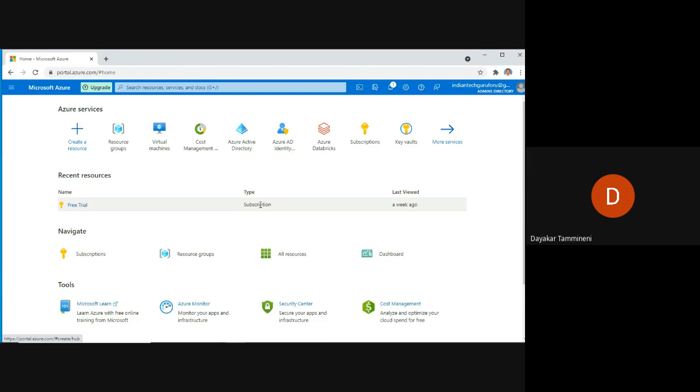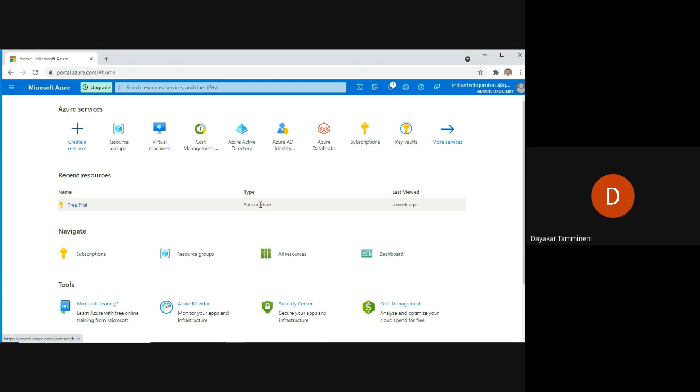So setting up is free. However, the additional virtual machine which we create in another region, or in the same region if you are implementing availability set, incurs cost. Okay, that is the logic behind that.